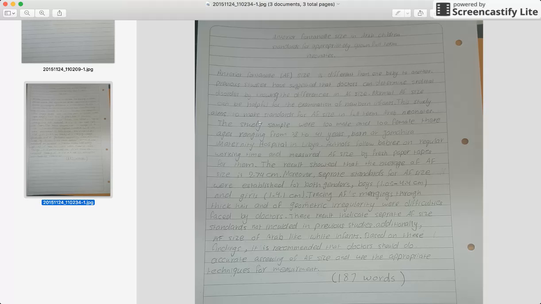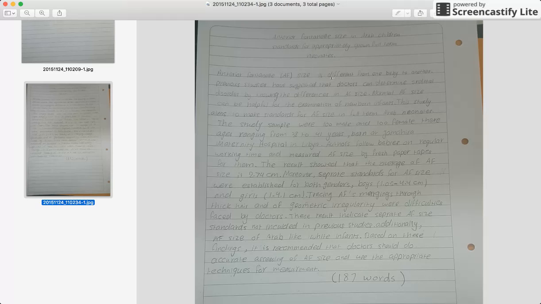True. Okay, but you should have said something about a standard here. Previous studies have suggested that doctors can determine skeletal morphal disorders by knowledge of difference in AF size. Normal AF size can be helpful for the examination. Okay, you're saying the same thing in these three sentences, but you've sort of stated it a little strangely here,